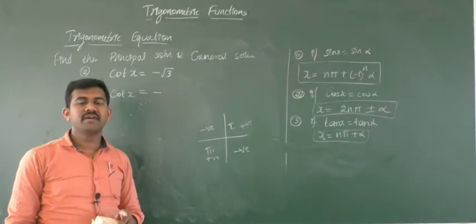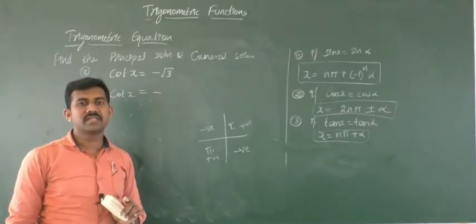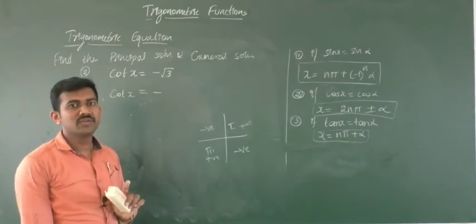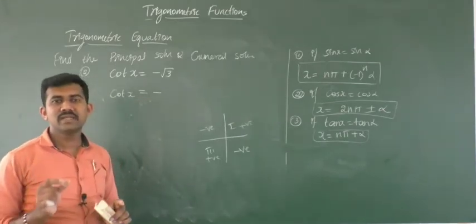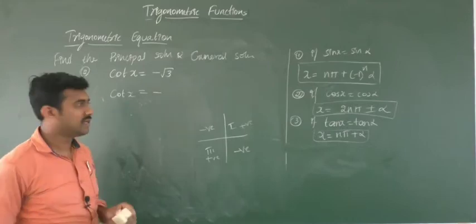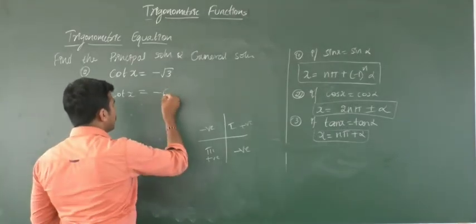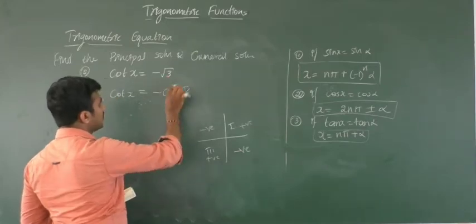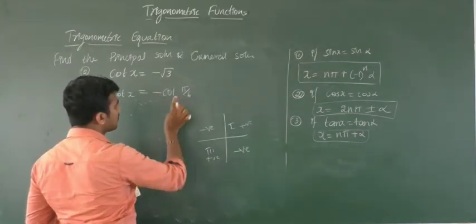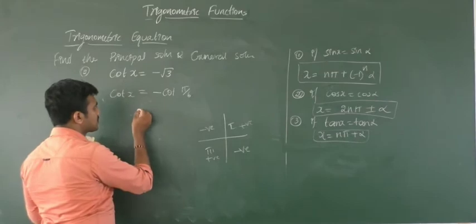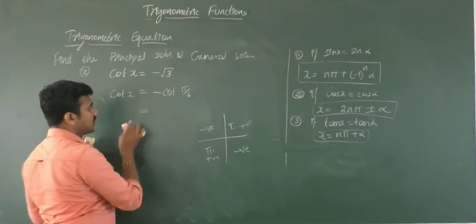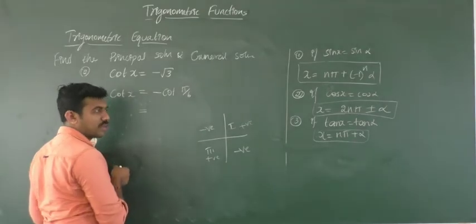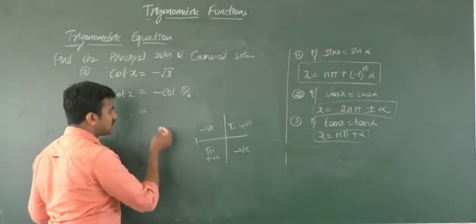If that value is nothing but, sorry, it is cot here. Cot when it takes the value root 3? If that value is equal to 30 degree, we can say cot 30 degree is equal to root 3. So minus root 3 we can write as minus cot pi by 6. But here in the second quadrant we got negative, minus cot pi by 6, means this can be written as